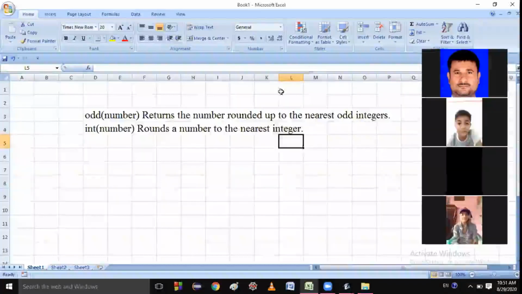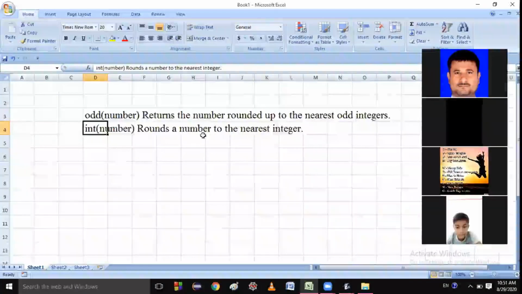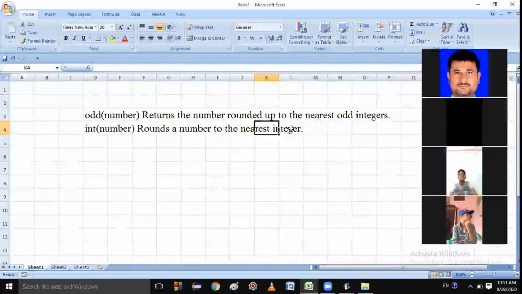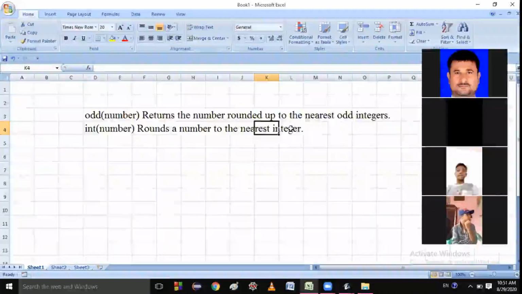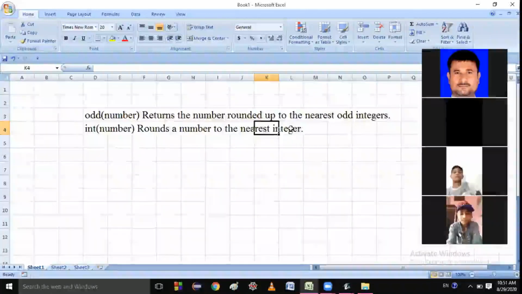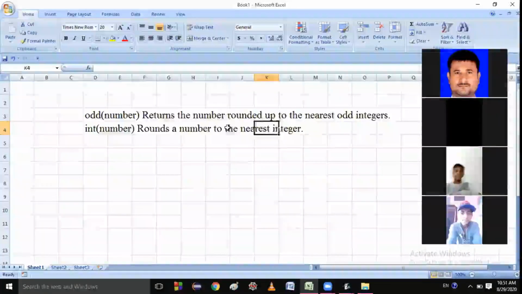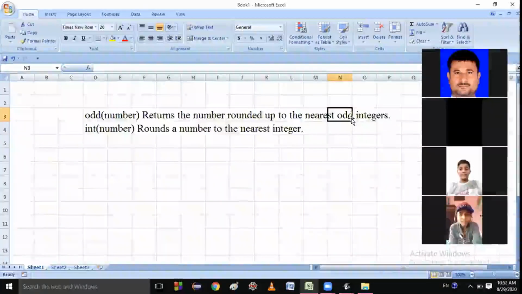So students, the difference between the ODD function and the INT function is this: one returns the nearest odd integer, and the other returns the nearest integer. Can you differentiate between these two? INT rounds a number to the nearest integer, and ODD rounds a number to the nearest odd integer.